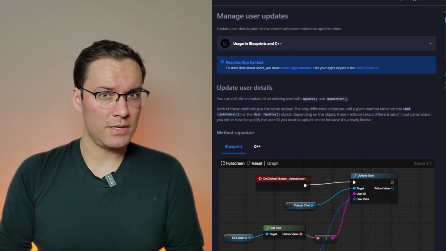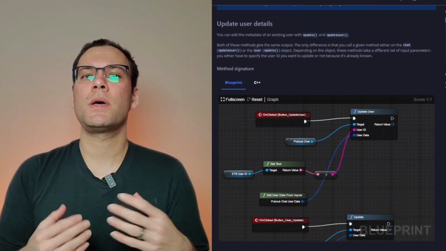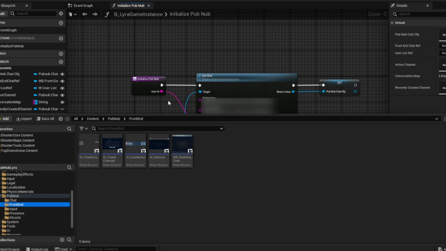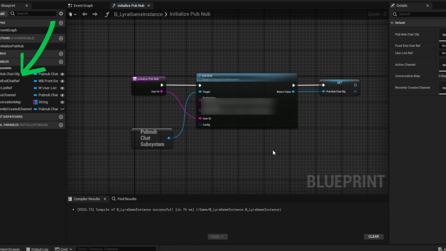If the user ID you see to initialize the SDK does not exist in the keyset's app context metadata, it will automatically create a PubNub user using that user ID. You can then update your user metadata using the update user method to edit the metadata of an existing user. As mentioned previously, you can only have one instance of the chat entity object constructed at a time, which is why you should keep a reference to the chat object in the project's game instance, so it can be referenced